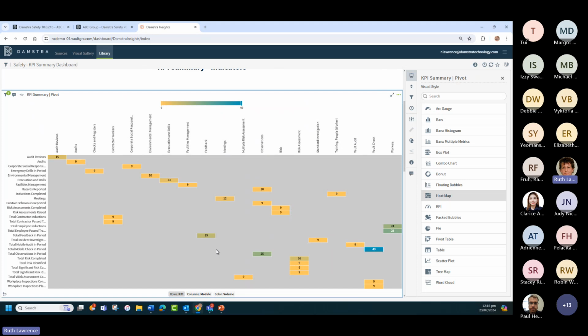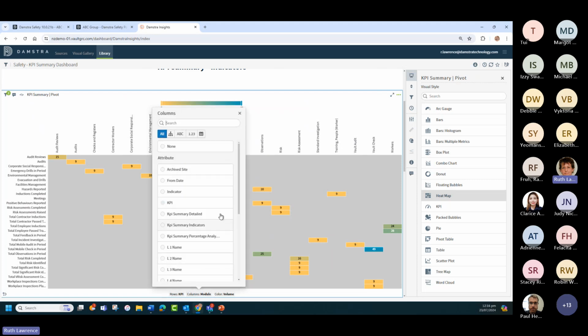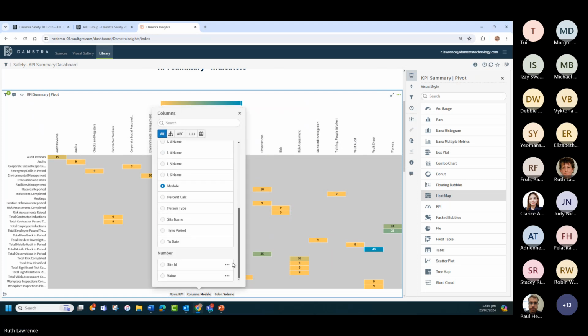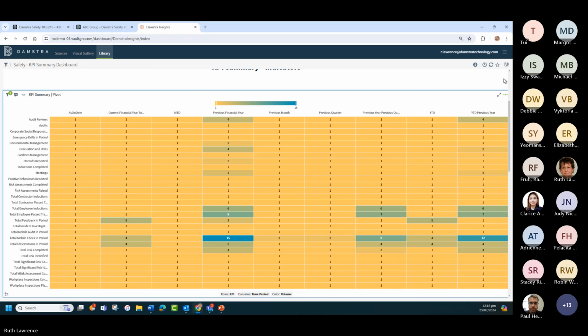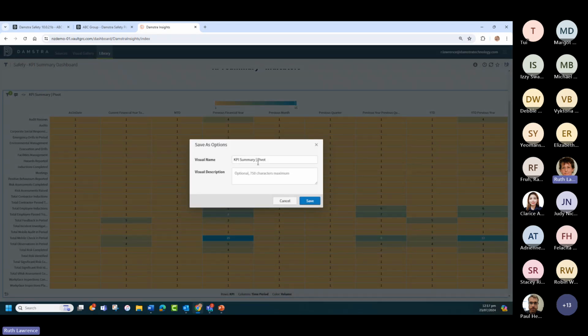And the time is going to populate as per the original KPI summary dashboard. So my columns are going to be that time period. With our current financial year, our lead indicators. And now I'm going to save that heat map and I'm going to call it